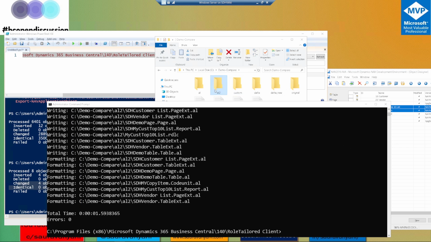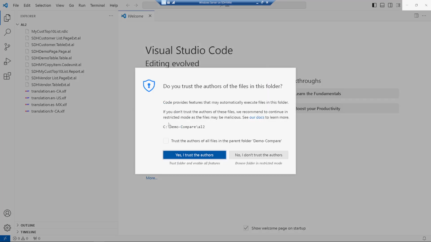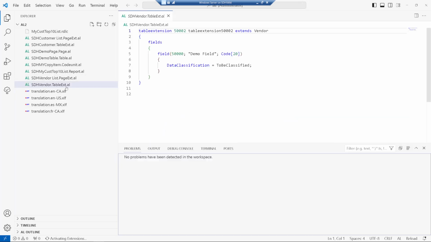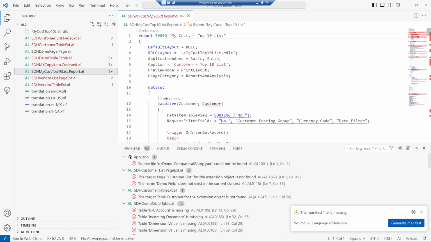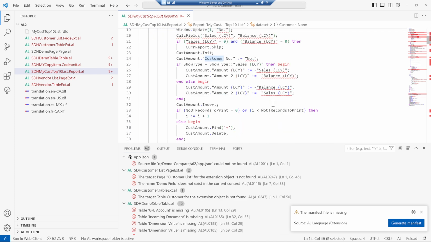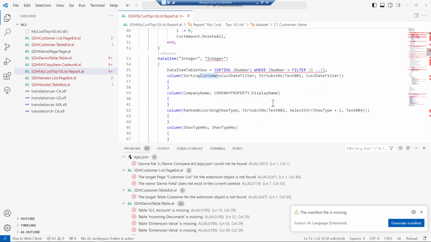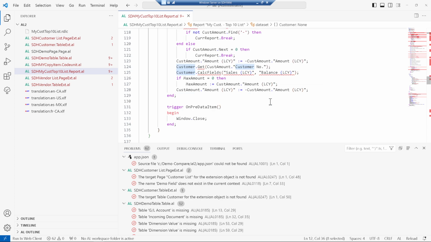It did the conversion. AL2 have its own object. Now let's open this with code. When you open this one with code, you will notice all the problems that we had in the past are automatically solved here. So now my customer top 10 list refers to the customer variable, not table 18, which was happening in the past. Everything that is red right now is because I don't have the symbols downloaded, but otherwise I have to do a way less job, which is nearly nothing at this point,